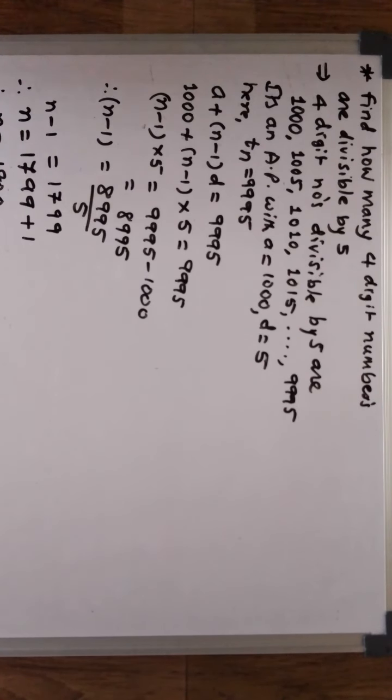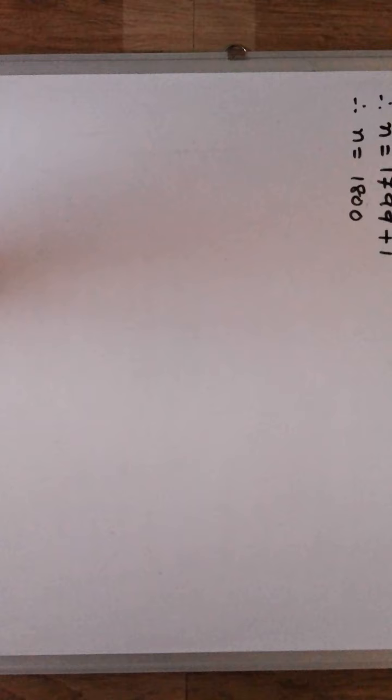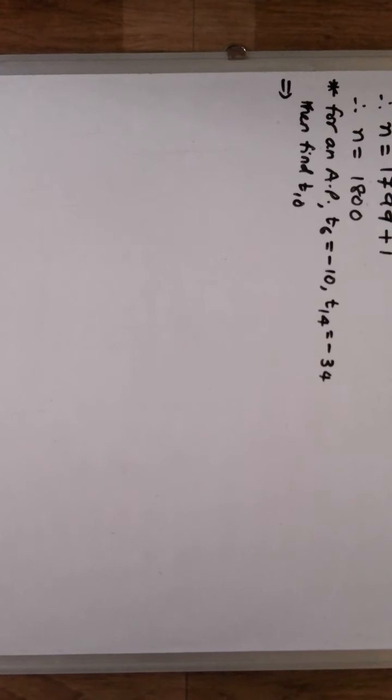So there are 1800 4-digit numbers which are divisible by 5. Got it? Now the question says that already it is an AP, okay, in which